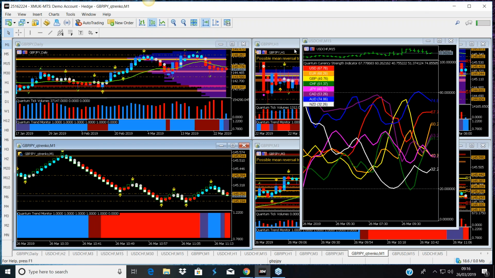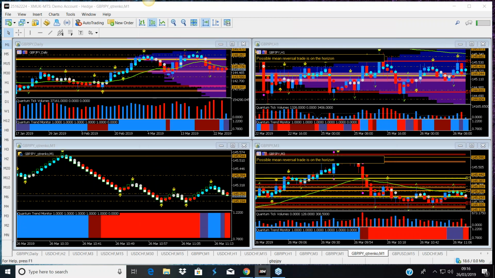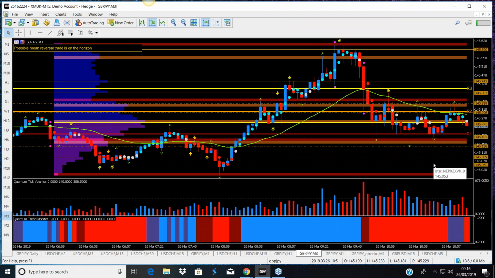Just one comment to add to what Anna was saying about the pound yen. I think it was on the 3-minute time frame from memory. If you've still got it there, the one at the bottom, that's the one. Again, the importance of support and resistance. This is support and resistance on MT5, same on MT4. What you see there are the two strengths of support and resistance. The dashed lines indicate regions that have been tested, either from a support or a resistance perspective. Areas which are stronger are denoted with the solid lines.